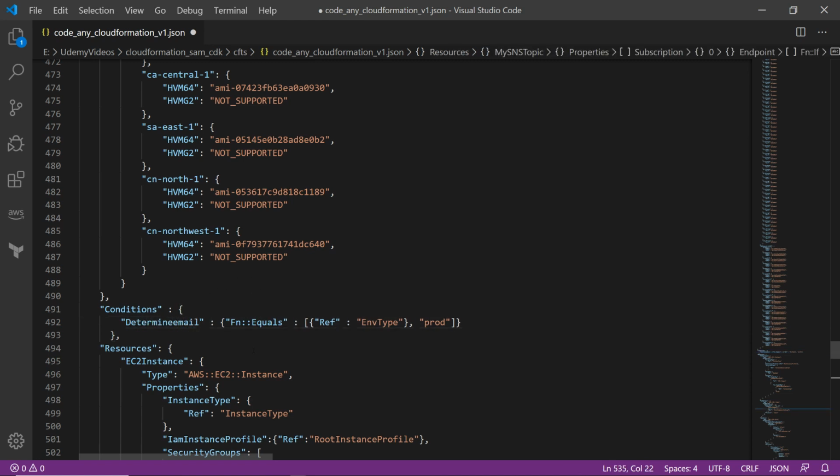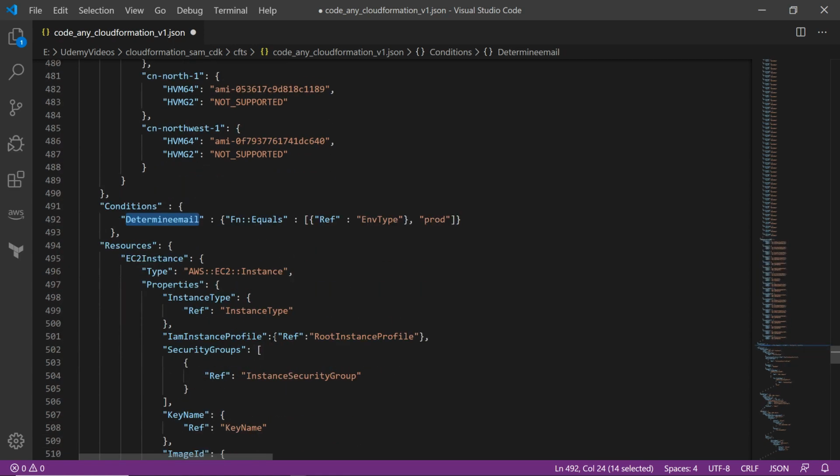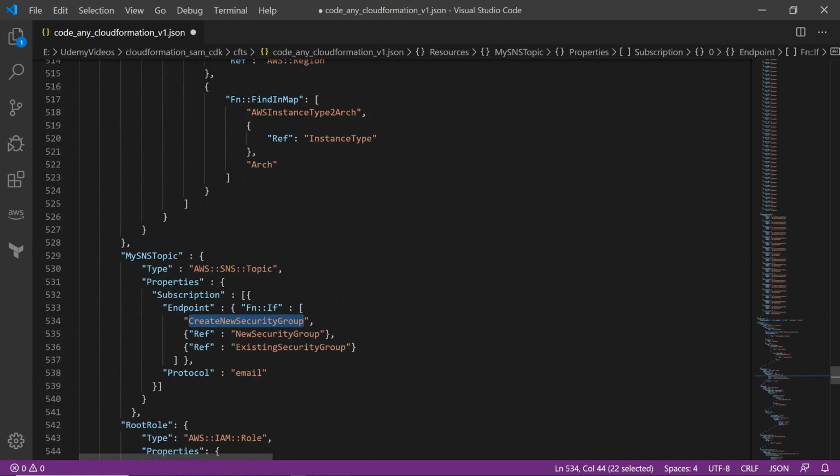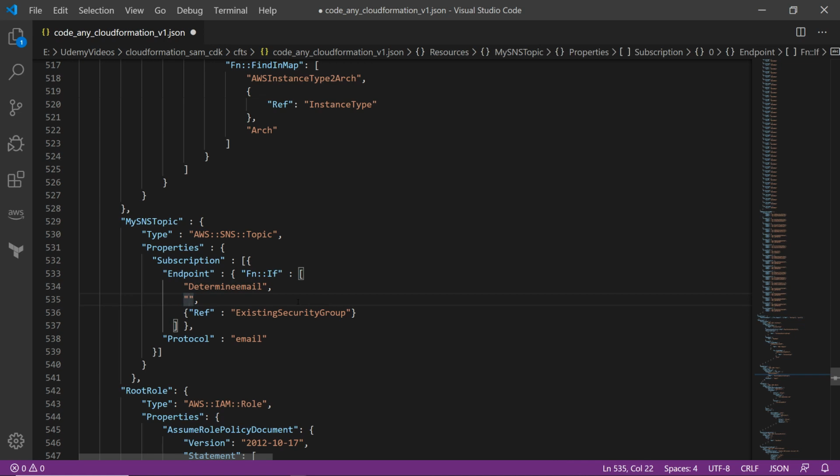And take a note that this flag will become true if the environment type is prod. Copy this, go down. Okay, name of the condition is determine email. And then if this is true, so basically if this is prod, okay, so now let's put the prod email. How about when there's a problem in the prod, we always email big boss, right? How about